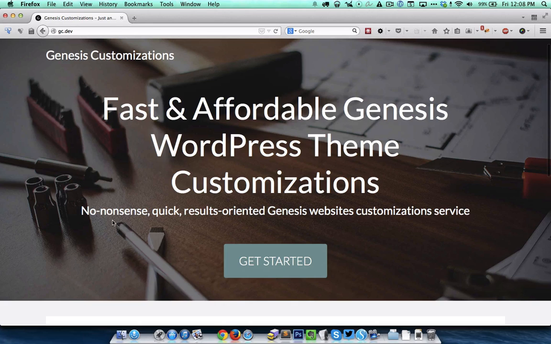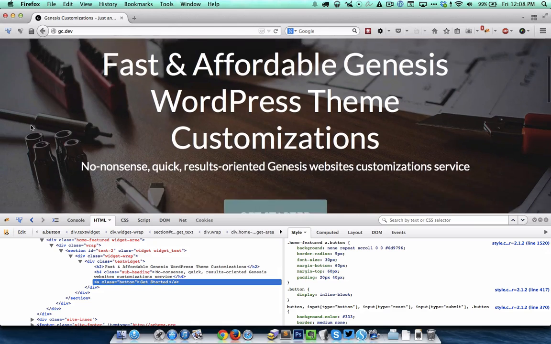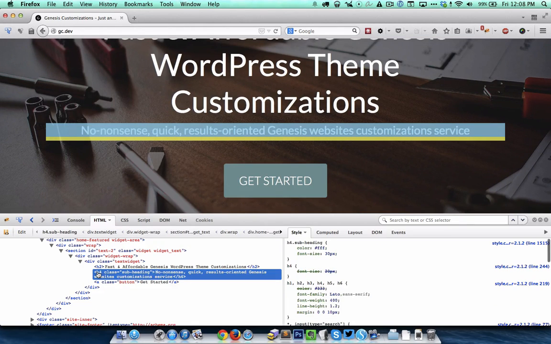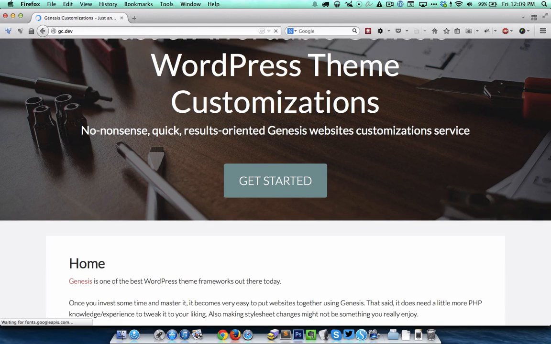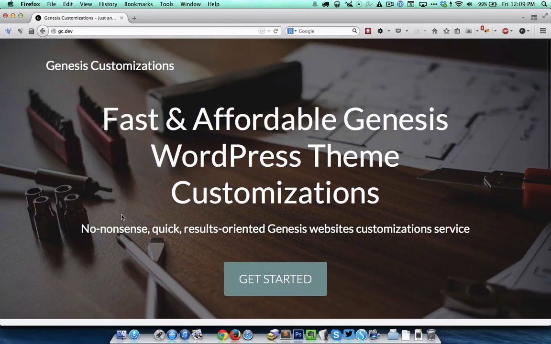Okay, let's increase the space between the heading and the subheading. So I'm going to bring up Firebug, go to H4. So for H4 subheading, we can add a margin at the top of say 30 pixels. Reload. Okay,